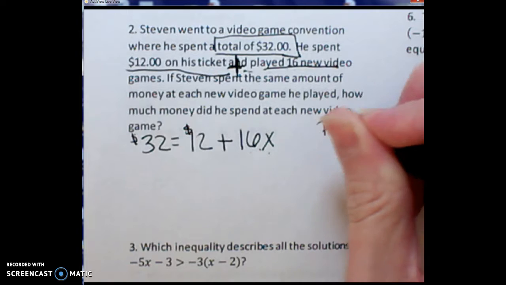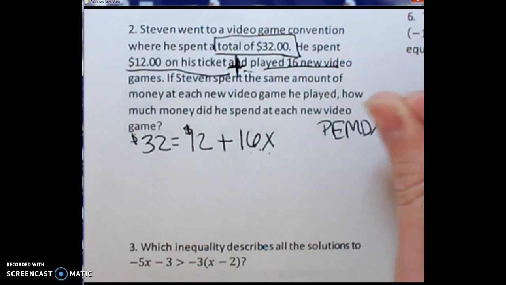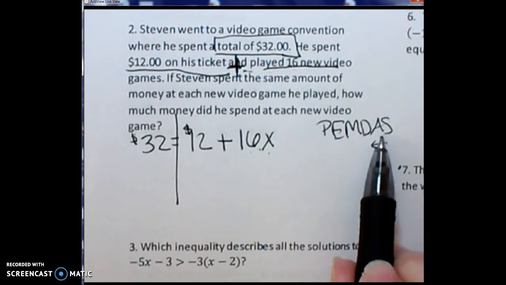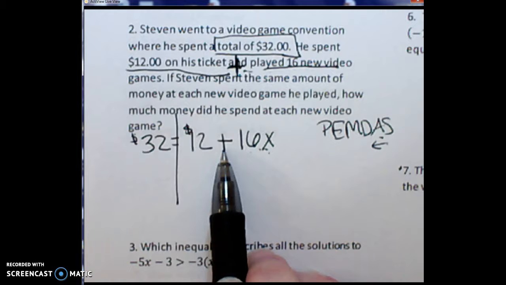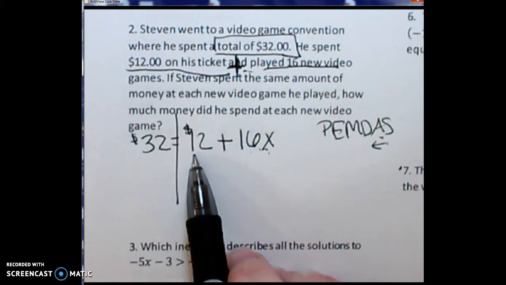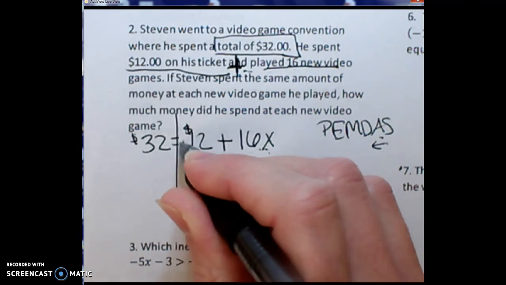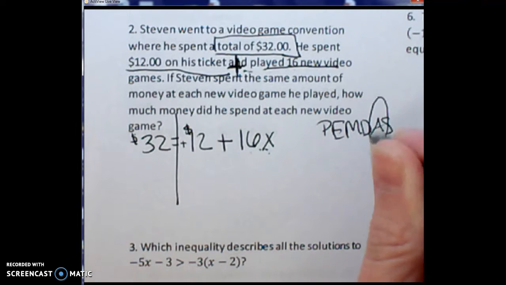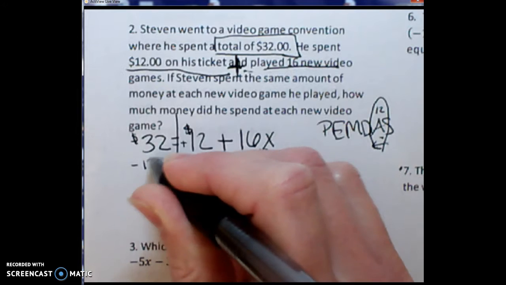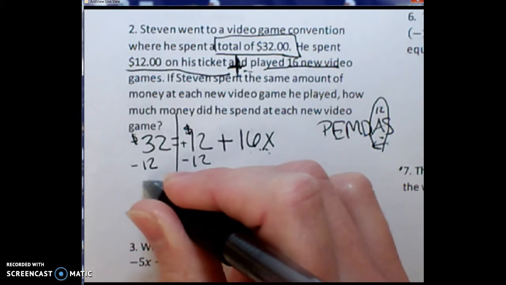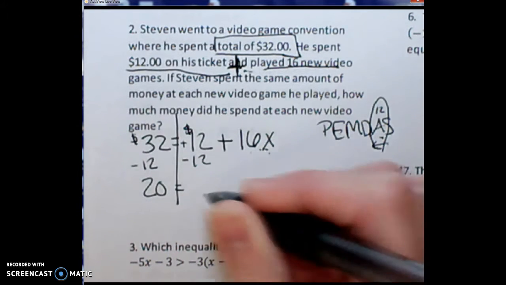So working our order of operations backwards, I can draw a line through my equal sign. First thing I take care of is the addition or subtraction. So if I find my X, there's an addition sign. On the opposite side of it is the 12, so that's what's connected. Since your 12 is positive, we'll say that's addition, which means to move it, we'll subtract it. So I'm going to subtract 12 from both sides. When I do that, I end up with 20 equals